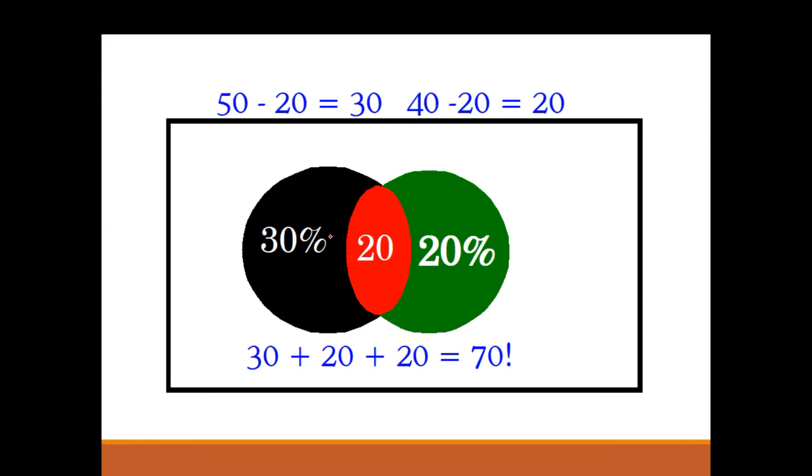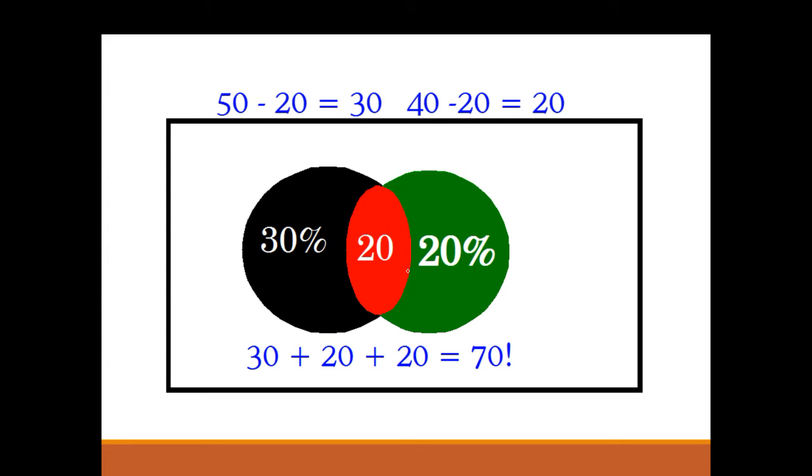So we can divide this up. This is 50% of students who go to the union, but 20% of them go to the library, so that means 30% go to the union but not the library, and 20% go to the union and the library. And we have 40% who go to the library, since 20% of them also go to the union. We have this 20% in the middle, which is both the union and the library, and then 20%, which is just